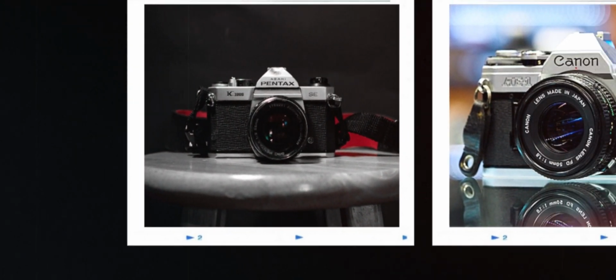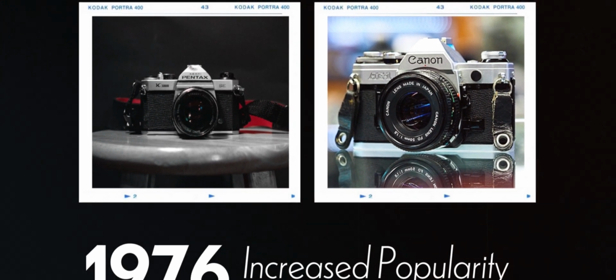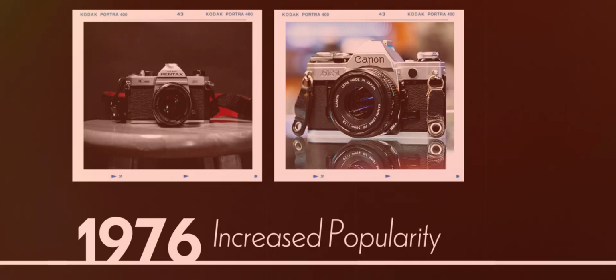Released in 1976, the Pentax K1000 was an immensely popular 35mm film SLR, so popular that it sold over 3 million units. Other cameras such as the Canon AE1 and Nikon F series were also immensely popular at the time. The release of these cameras allowed the public to have even more options and have photography become more accessible to them. And for a while, these SLR film cameras were the champions. Everyone would buy them, and there wasn't really much change to the way photography was as a whole until 1980,